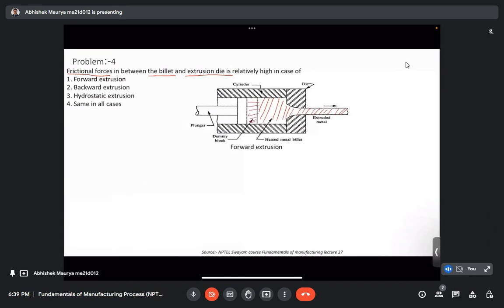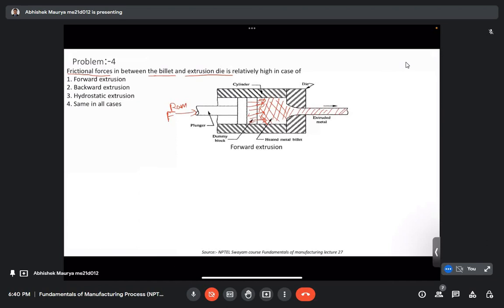This is a dummy block, and this is the plunger, or let's say ram, and we are applying force on the plunger, and this plunger is pushing the dummy block, and this dummy block is pushing the billet. And basically what is happening here, when this force is applied on this billet,